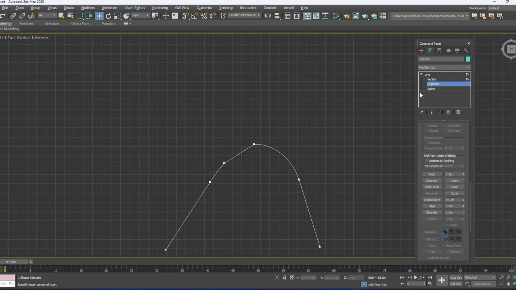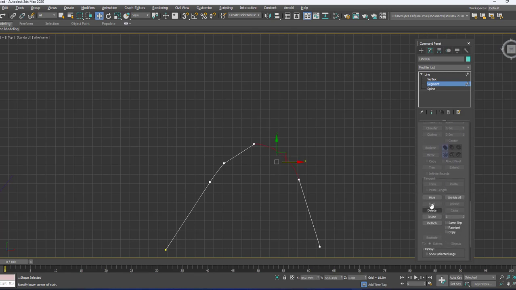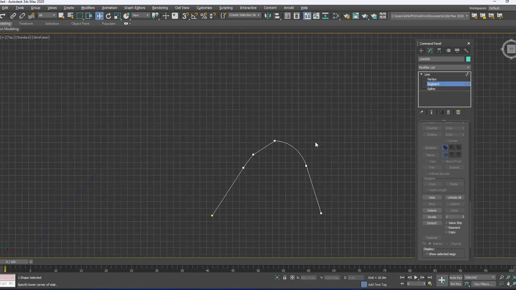If you select the segment option, then you don't get the fillet and chamfer option. You can delete that segment also like this. So the properties or modifications are different for the vertex and the segment. You can edit depending on the requirement. Then if I click on the spline, I will get the modifications for the whole spline. That is, you can delete the whole spline like this, and I just do Ctrl Z.